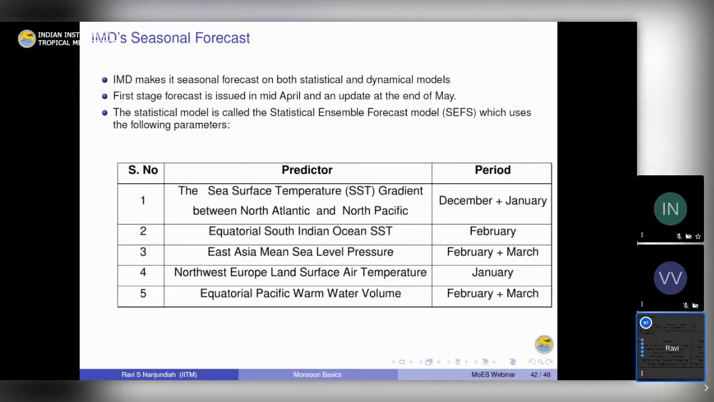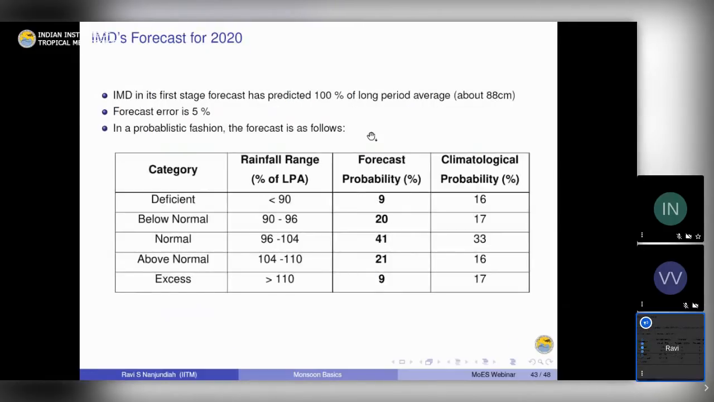So based on all that, and also on the statistical technique, IMD combines them. And for the statistical model, these are some of the parameters that they use, which are from various parts of the world. And this is the period over which this is taken. And the combination of that is used for forecast. And this is the forecast which IMD has given